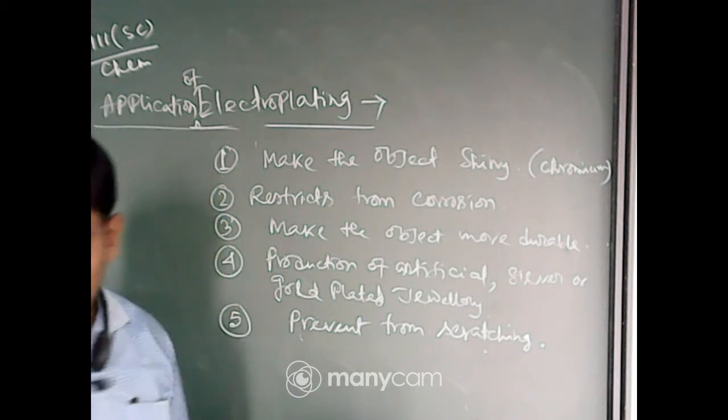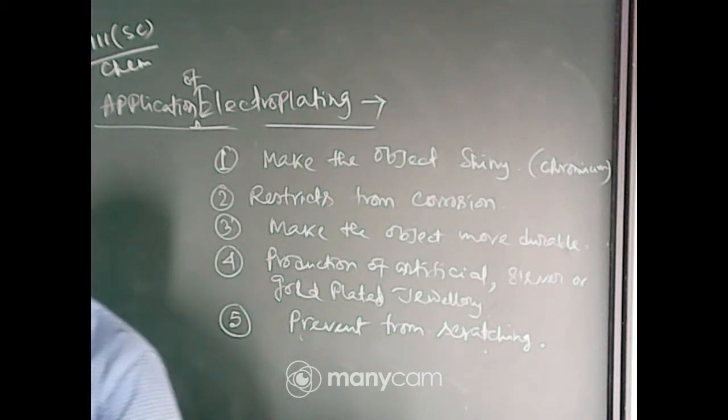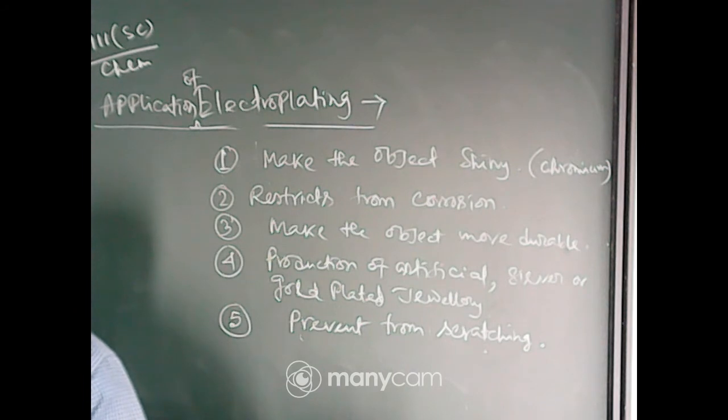Now one part in your book is given on page number 179, the left column. Chromium has a shiny appearance, it does not corrode, it resists scratches. However, chromium is expensive and it may not be economical to make the whole object out of chromium, so the object is made from a cheaper metal and only a coating of chromium over it is deposited. Jewelry makers electroplate silver on gold.